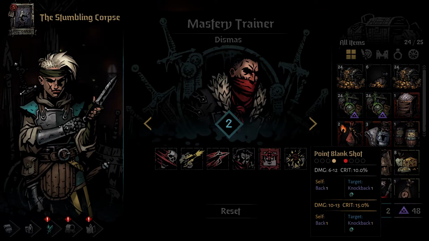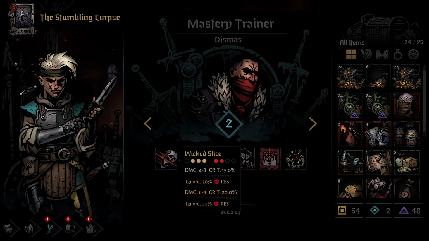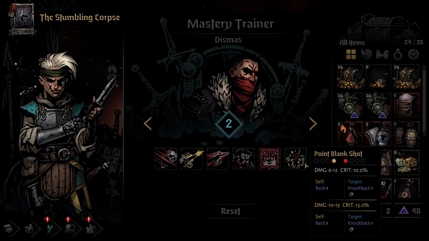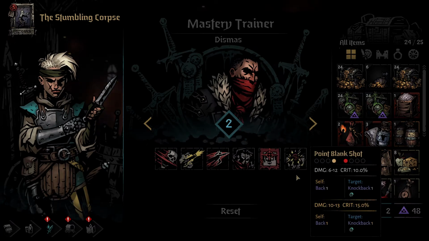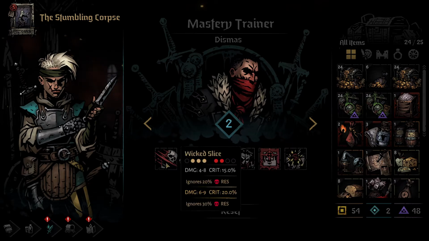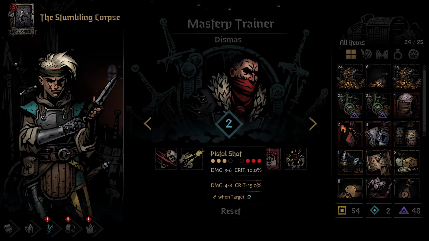And Point Blank Shot is quite a good upgrade, actually, because it's kind of ass at the first level. 6 to 12 isn't that much higher than an upgraded Wicked Slice, but upgrading 10 to 13, that's big boy numbers. So if you like the Duelist Advance Point Blank Shot, that's pretty good. I think I would probably upgrade Wicked Slice first, just because, to be honest, sometimes I'll Duelist Advance and then I'll just Wicked Slice a lot,